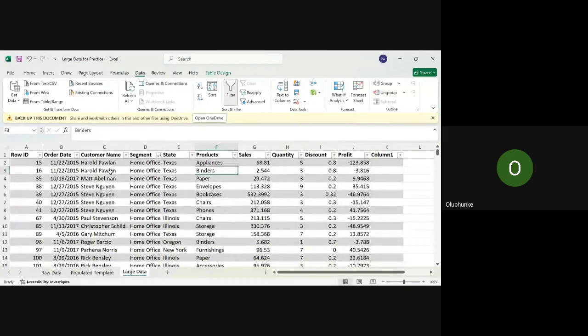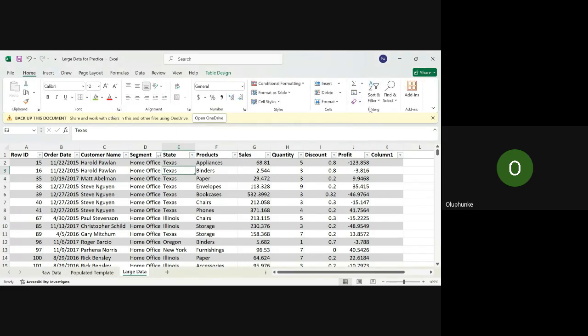Let's just say I mix it up by states. Sort, so that the thing is scattered, and you see that you can make sense of it even despite the fact that it is scattered. So sort by,